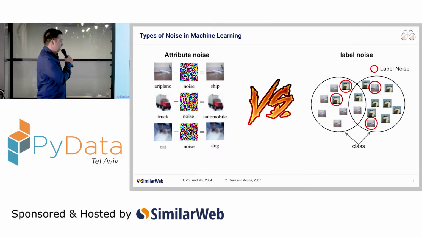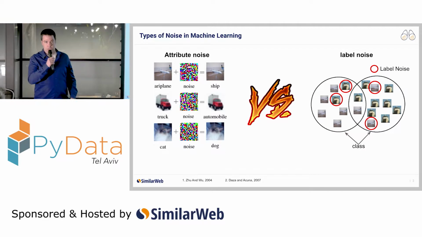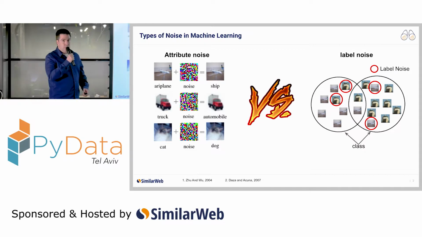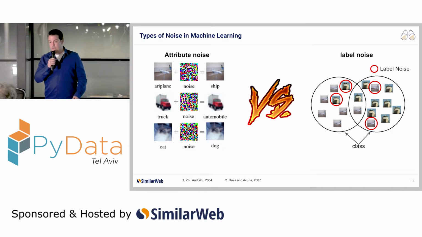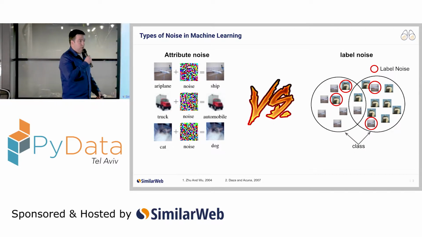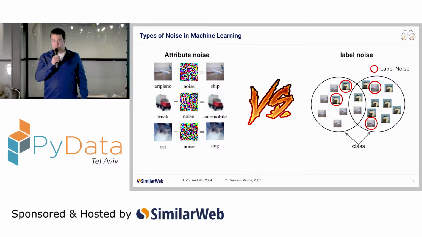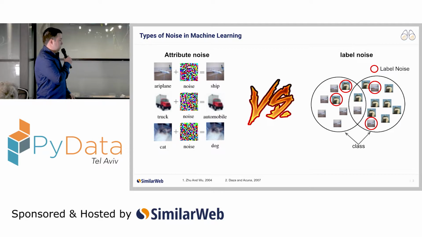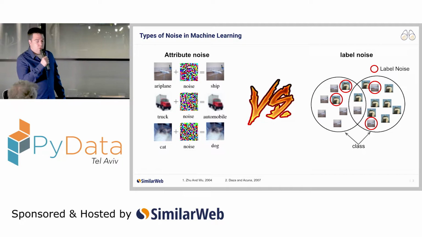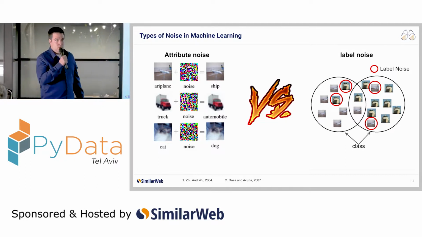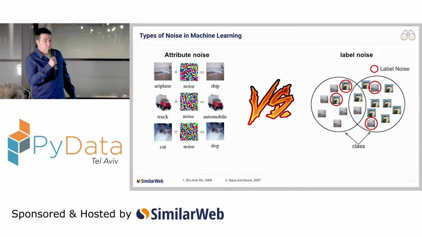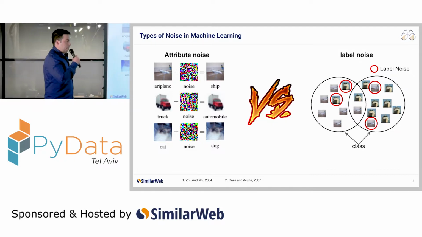Just to make sure that everyone understands, I want to stress the difference between two types of noise common in machine learning: attribute noise and label noise. In attribute noise, one or more attributes in the training data have wrong, missing, or incomplete values. This may occur due to deliberate altering, measurement errors or data corruption, like the example you see on screen, in which Gaussian noise was added to the original images in order to model possible blurring. In general, if the probability of attribute noise is neglected, this might cause the model prediction to become less accurate.